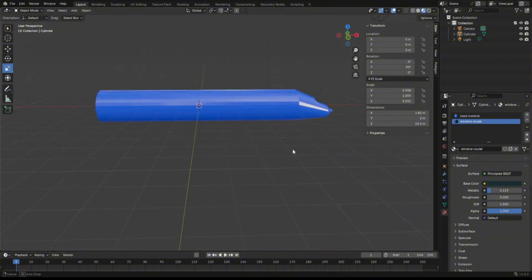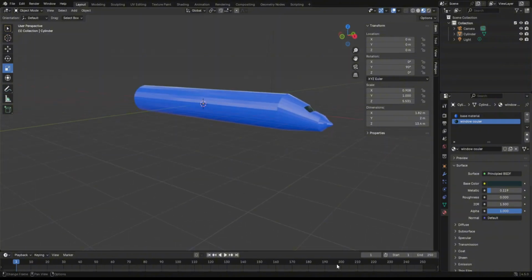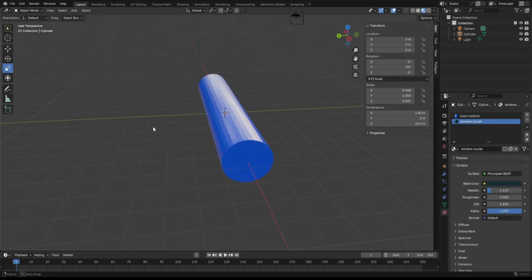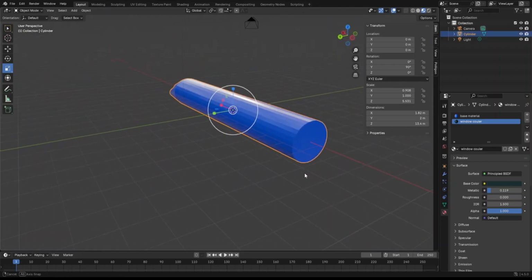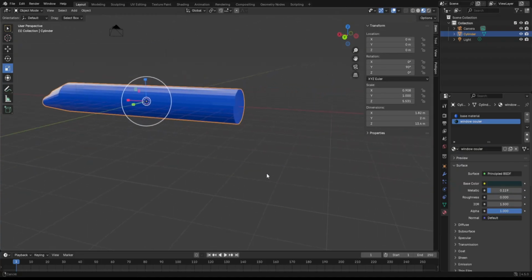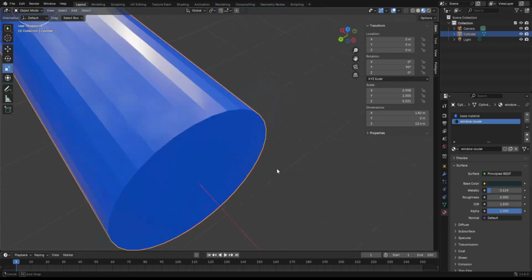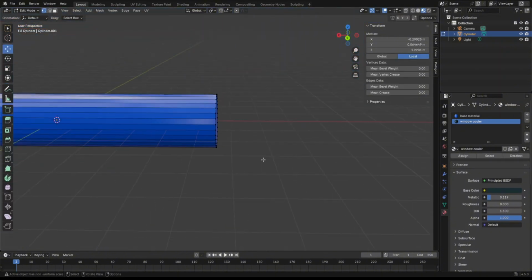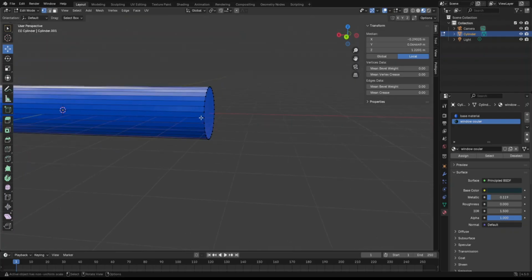So now that we have our nose, we can start building the back for the tail fins. But the next video is going to be actually building the tail fins. Right now, we're just going to be building the back. So enter edit mode, and now we're going to